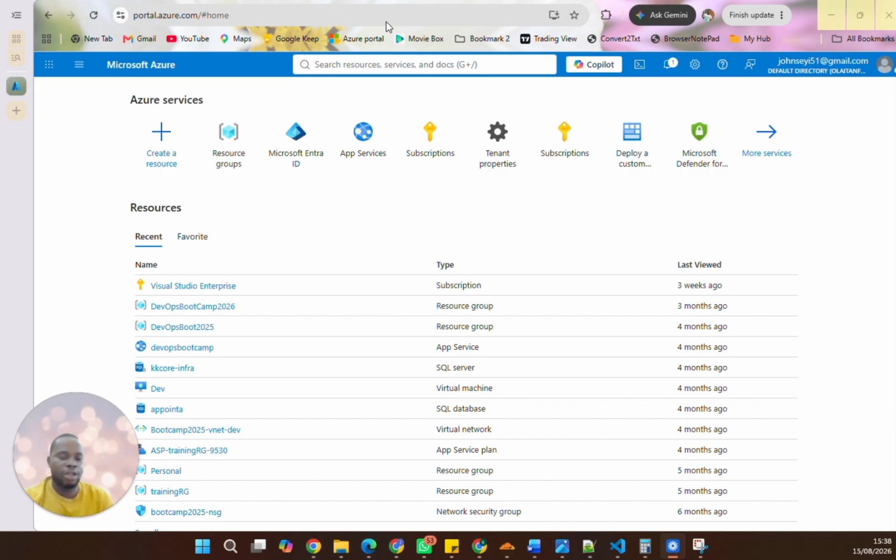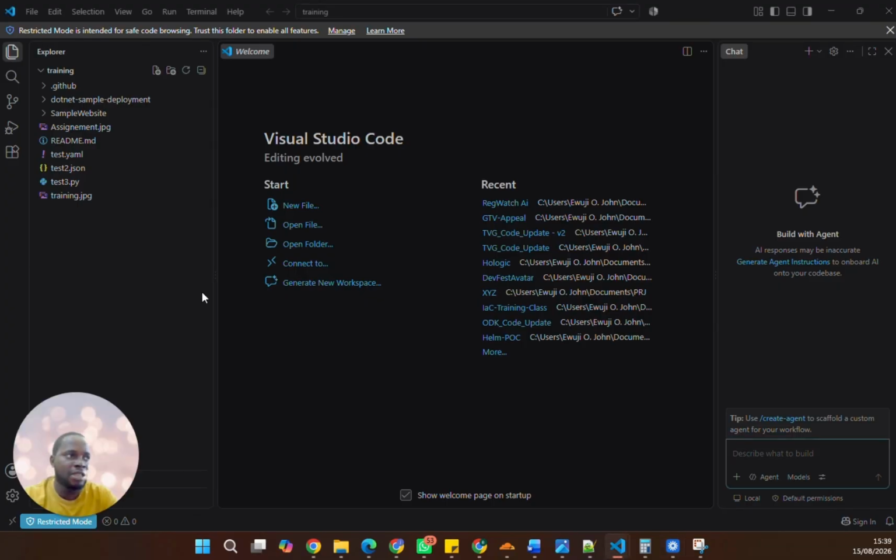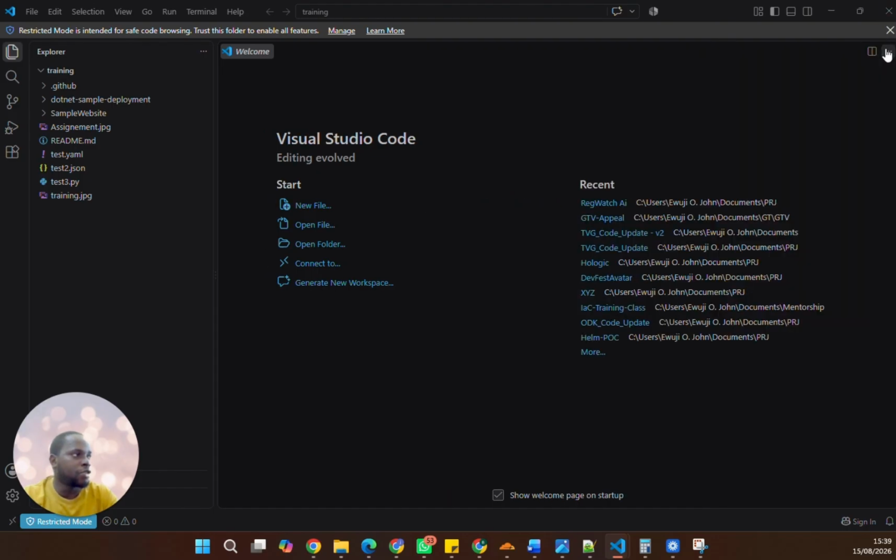So today we'll be talking about Terraform. What is Terraform? How do we use Terraform? And every other thing that involves infrastructure as code. Firstly, let me start with the concept of infrastructure as code, which we did last time. So last time we talked about infrastructure as code